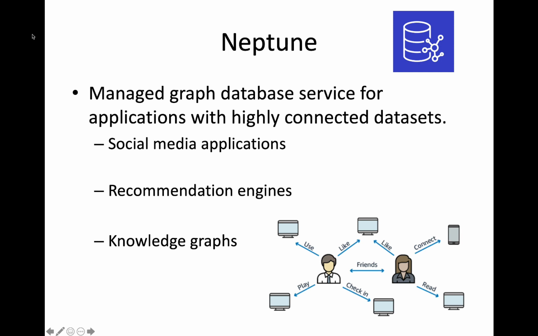The Neptune database service is a managed graph database service. And we looked at graph databases a little bit earlier in this course. We would use graph databases to represent connections between different database objects. They're very useful for scenarios where you have to model social media type interactions, where you have somebody who's a friend of a friend of a friend,